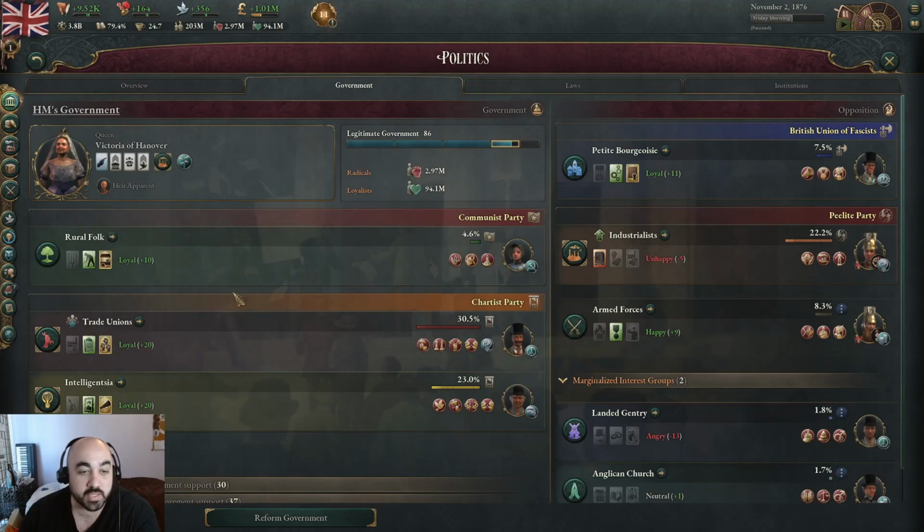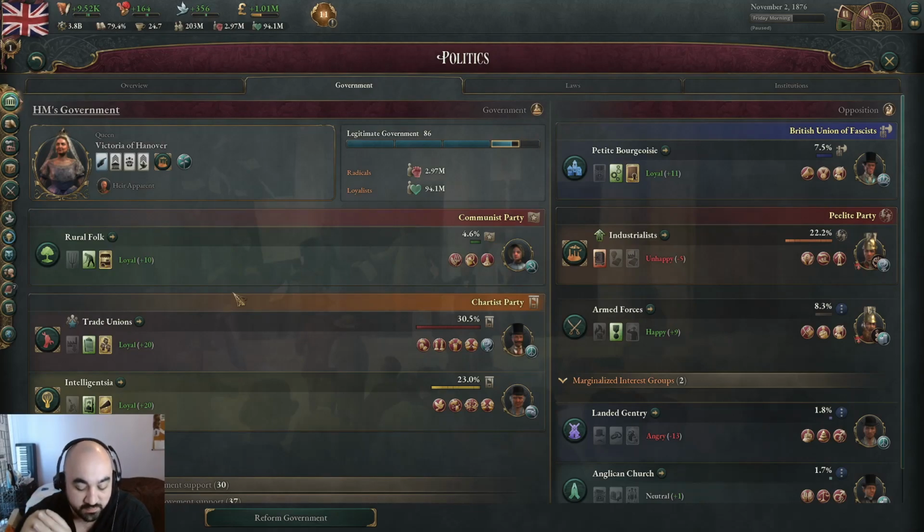Let's get into the bonuses, and very quickly I'm going to rank which ones I think are best in the abstract, and then talk about which ones are best practically, and then also go into the interest groups and the bonuses in more detail. So in the abstract, I think the best group is trade unions, followed by Intelligentsia, followed by rural folk, followed by the church, then the Petite Bourgeoisie, then the Industrialists in 6th, the armed forces in 7th, and the Landowners